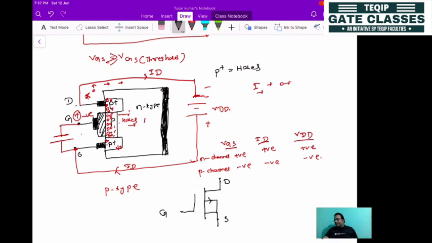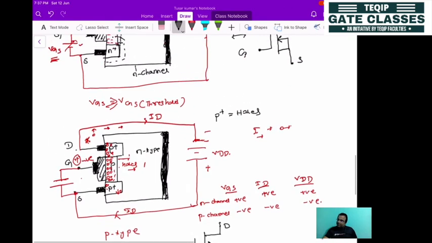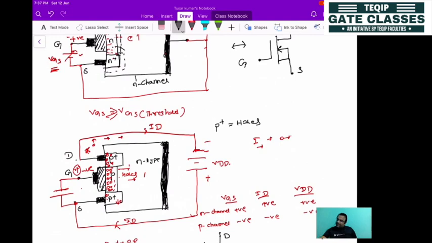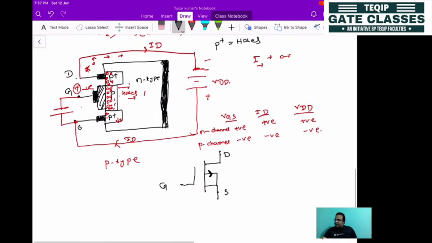So the charge carriers are moving like this from the gate terminal to here. It is showing the direction of the electrons, which is opposite to the previous case. Or you can take the holes also, because holes move in the opposite direction. So this is the basic difference between the two symbols. If the arrow is inward, it is called an N channel, and this symbol is for the depletion type MOSFET. If the arrow is outward, then it is a P channel.